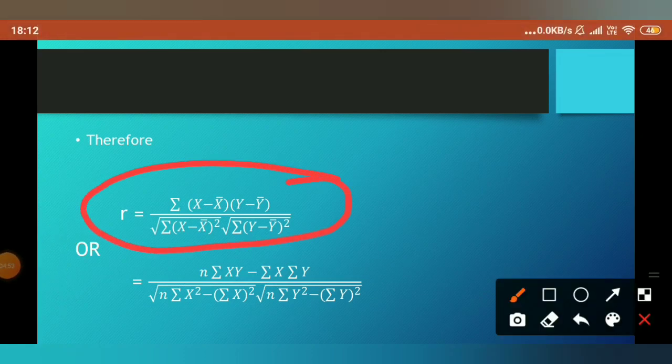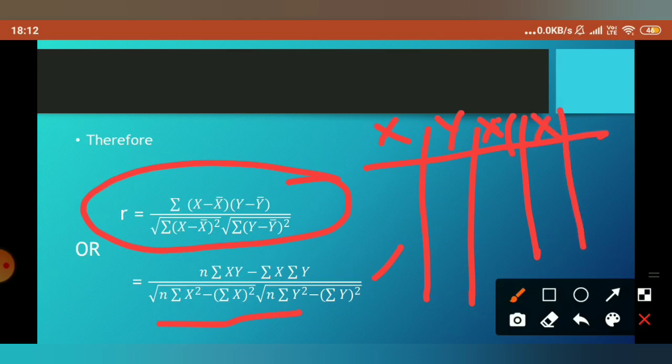Now we have come to know, you will be given two data sets x and y. What you have to do, either you calculate in this way or you can use this formula also. This is much easier because we don't need to find the averages x bar and y bar in this formula. You just have x and y. What we need here is x into y, so you multiply these two to get x into y. Then we need x square, so you make another table, write x square and y square. Because x and y are given, you just have to multiply to get the square of x and the square of y.